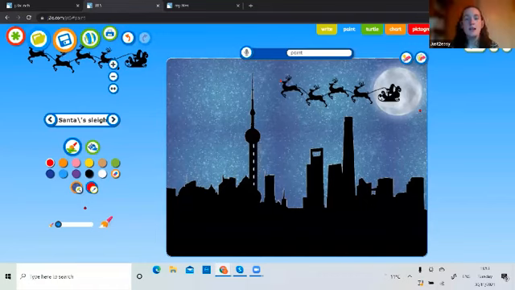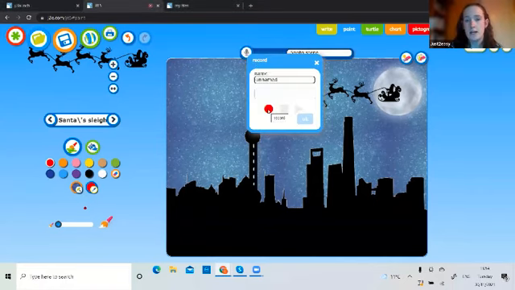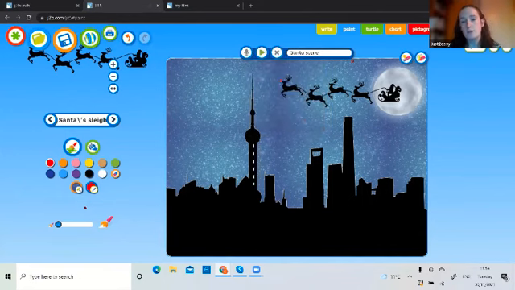So you can see children can really easily create lovely looking images there. And when they've finished, they can give it a name. So we could call this Santa Scene. They can additionally record some sound if they wanted to do that with this microphone button here. They could talk about the picture that they've done. So they, for instance, might say, I used stamping to create my Santa scene. And that will add that to that page. Obviously, your children might take a little bit more time over that.